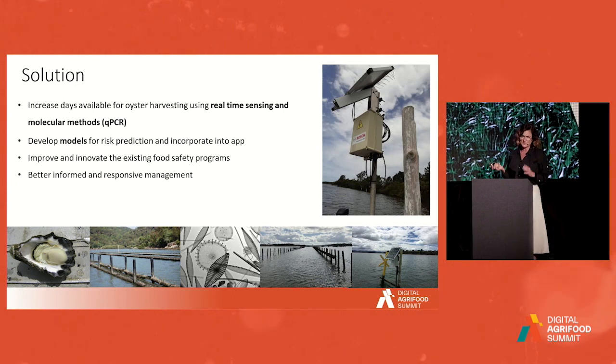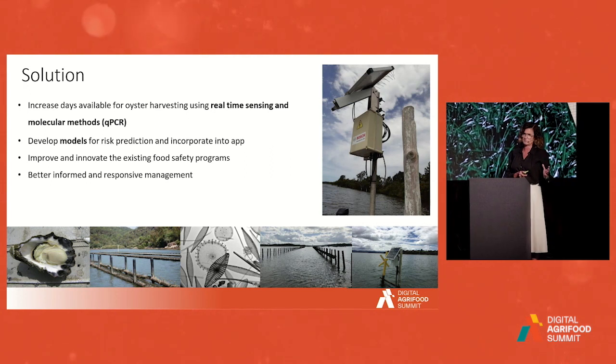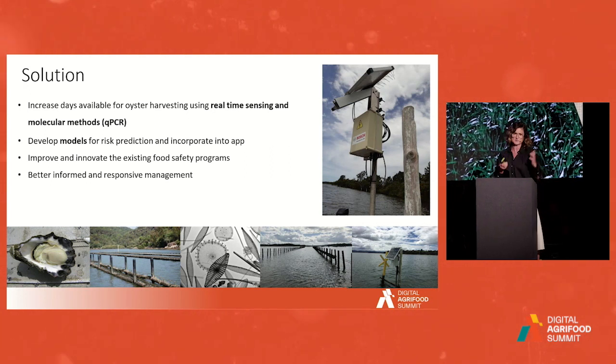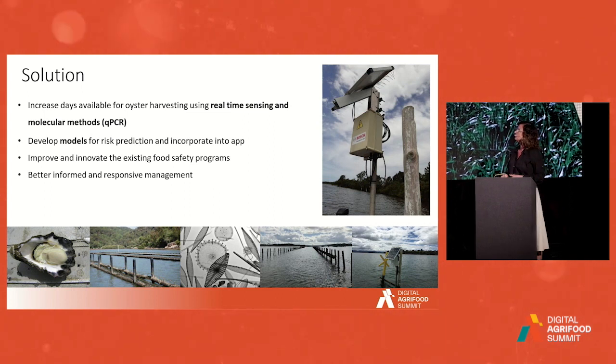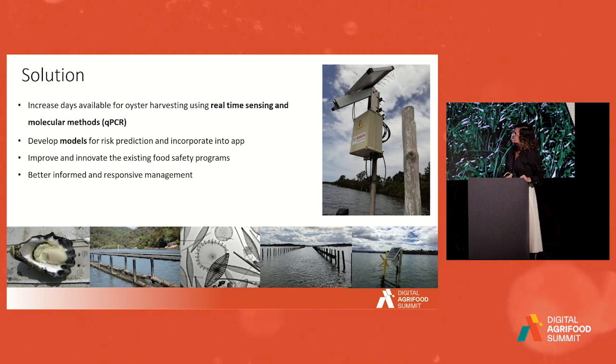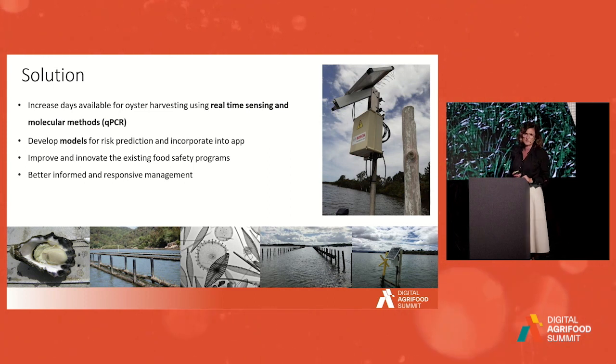The problem with the closing of the harvest areas when in fact the product may be clean is the issue that we wanted to try and solve. And what we came up with, with all these collaborators, was to use real-time sensors which are located within the harvest area, not rainfall gauges that can be kilometres away from the actual harvest area itself, and combining them with molecular